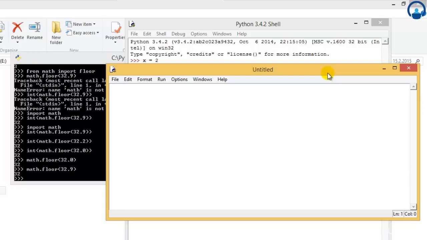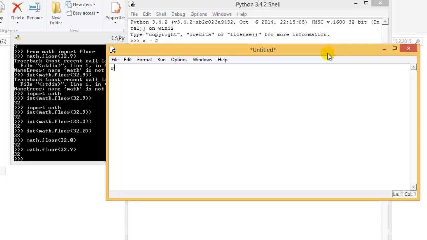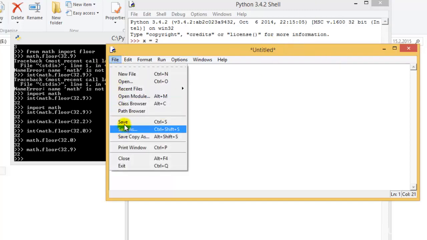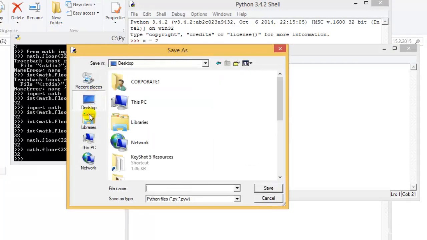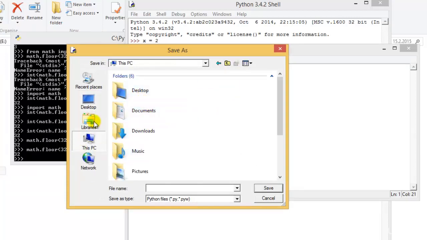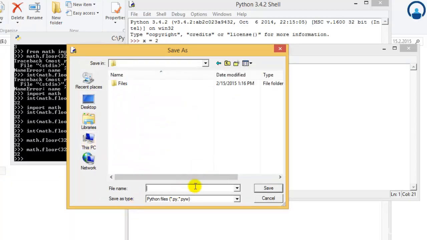Okay, here it is. So I want to write a program, let's say the simplest program ever that was created in a programming language, that is hello world, and I want to print that out. So I'll just write print parentheses, inverted commas, hello world. I will show you one more thing over here. I first need to save this file. I'll save it to my desktop, and I'll save it as